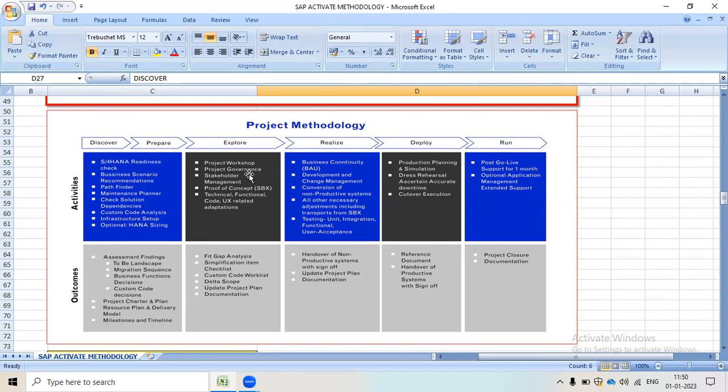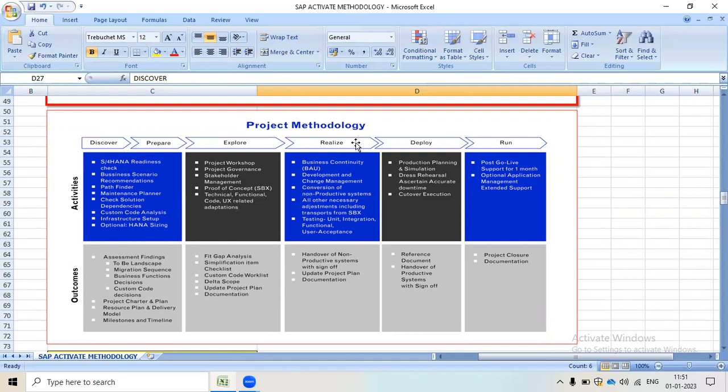In the explore phase, what activities do we need to do? We need to run project workshops, do project governance, discuss and meet with stakeholder management, get a proof of concept, and work on technical, functional and UX related adoption. The outcomes in the explore phase are fit gap analysis, simplification item checklist, custom code work list, delta scope, update plan, project plan, and documentation.